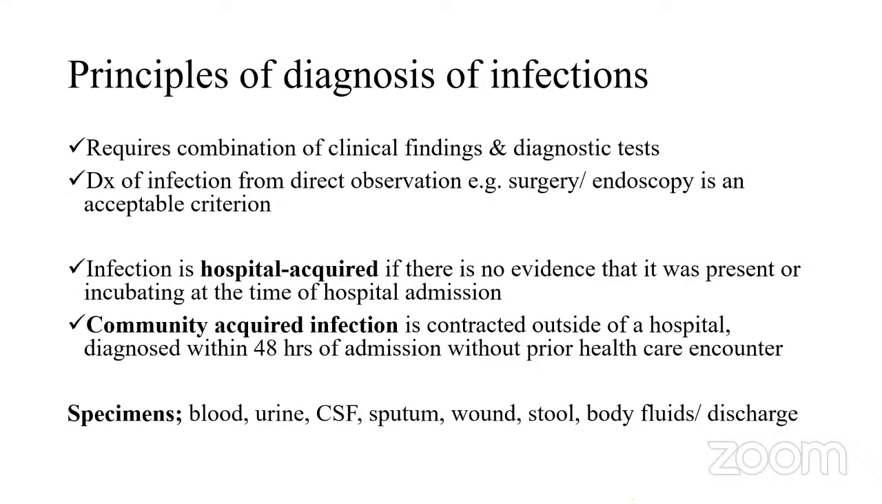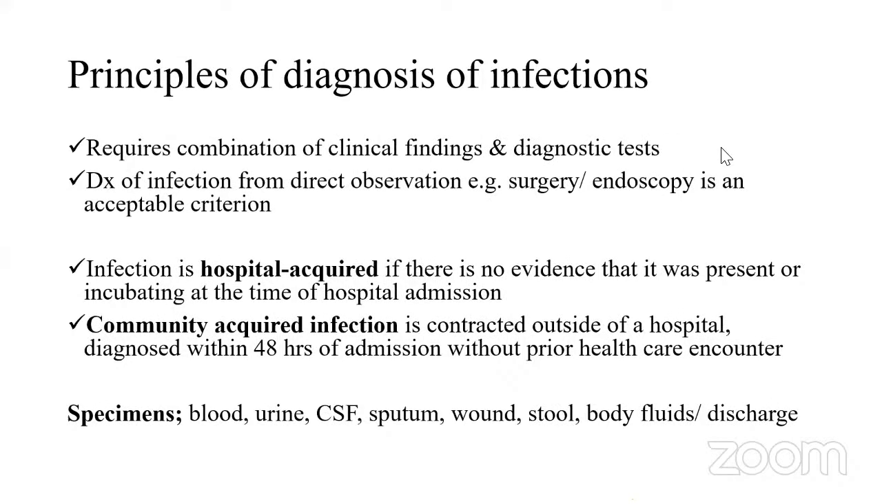It is categorized as community-acquired if it is contracted outside of the hospital and diagnosed within 48 hours of admission without the patient having had an encounter at a health facility. This distinction is important because we have bugs or germs that we expect to find in community-acquired infections, and those we do not expect to find. However,